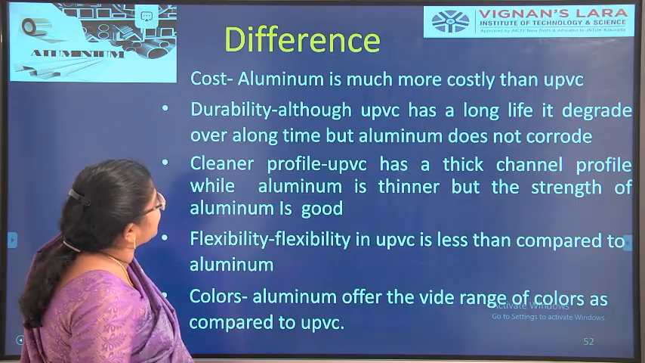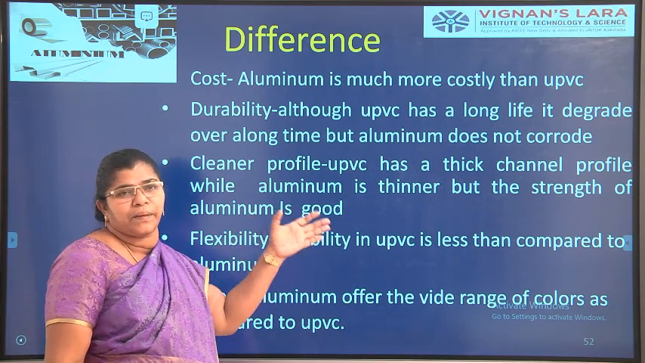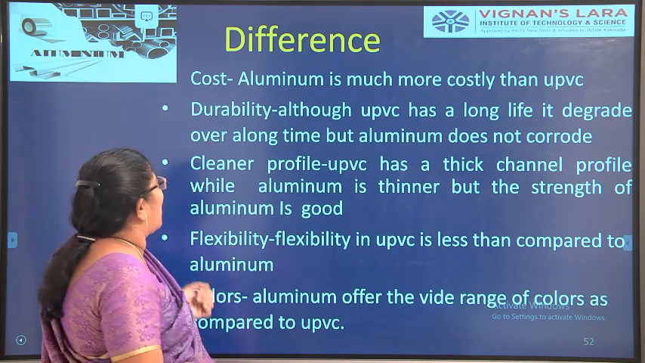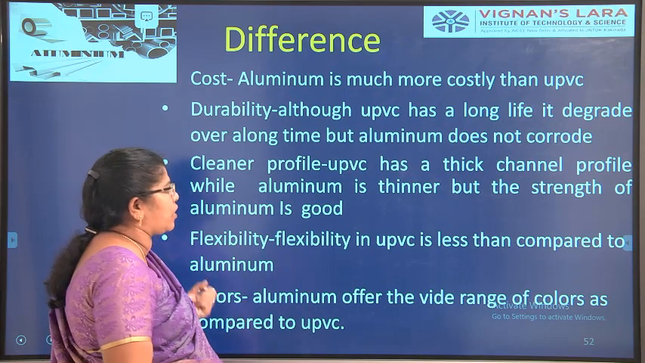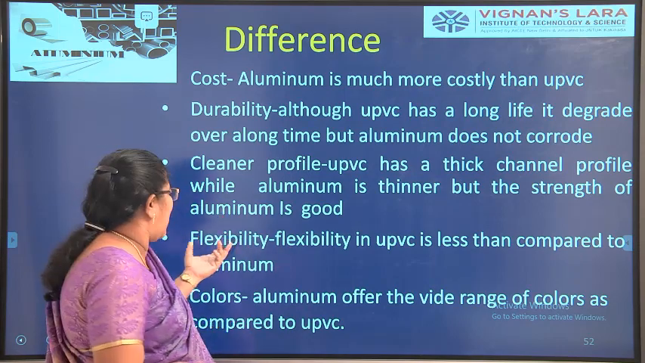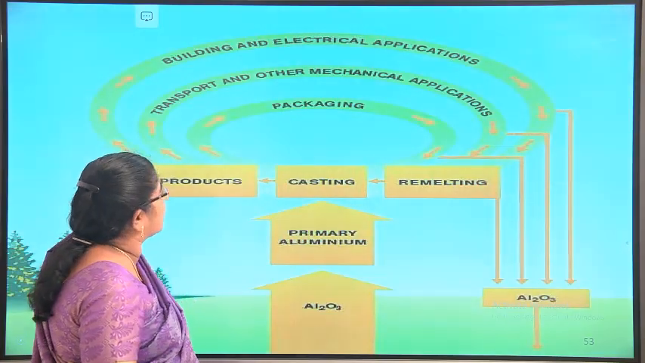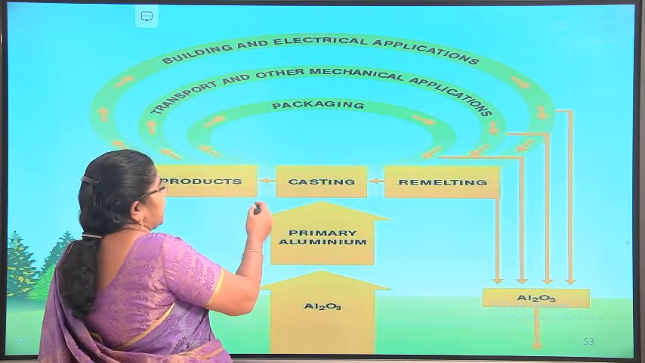Okay. So the next one, the difference is the cost: aluminum is a little bit costlier than UPVC, that is the PVC pipes, and the durability is very high compared to UPVC or steel because it is non-corrosive and less in weight. It is easily cleaned, the flexibility is more, and it is available in different colors. So the most important thing I want to tell you is that the product